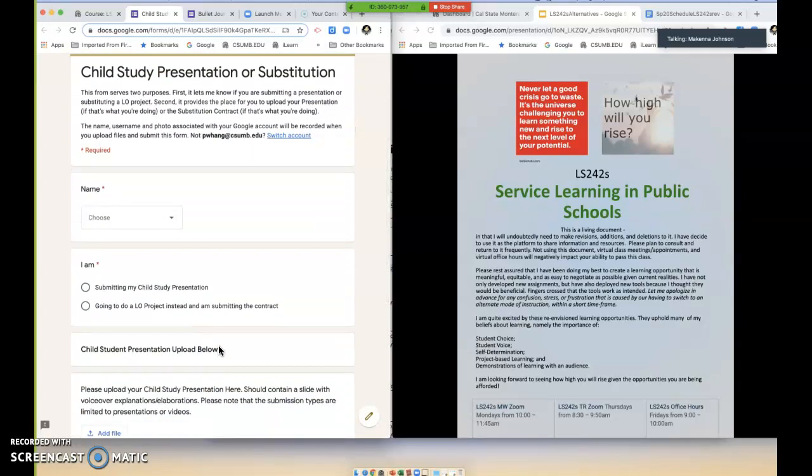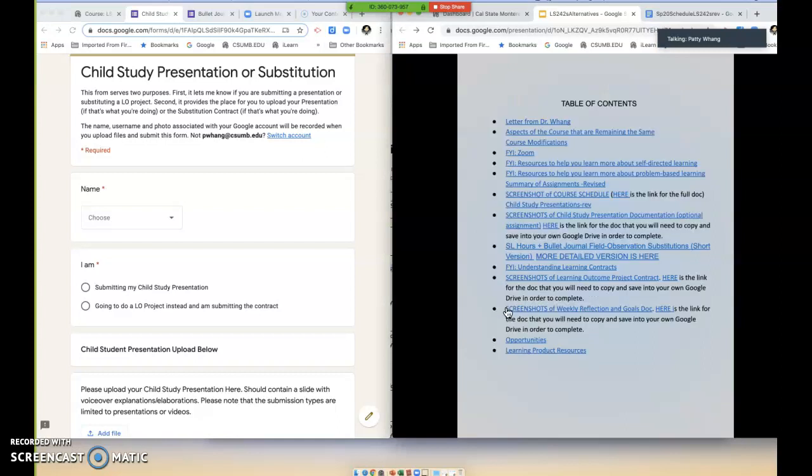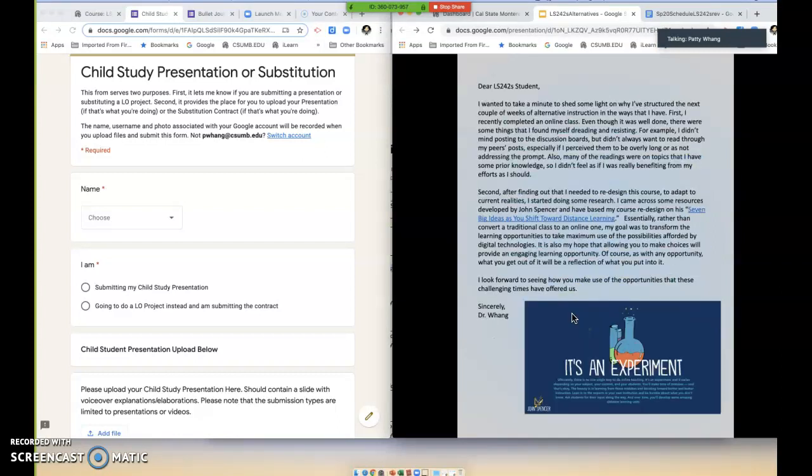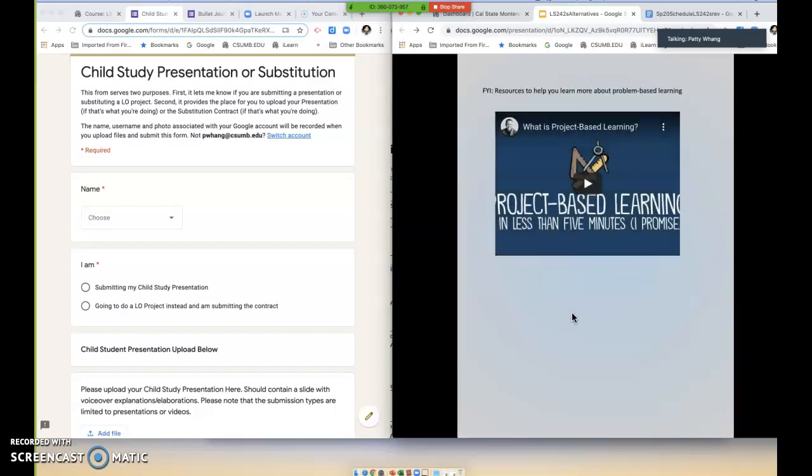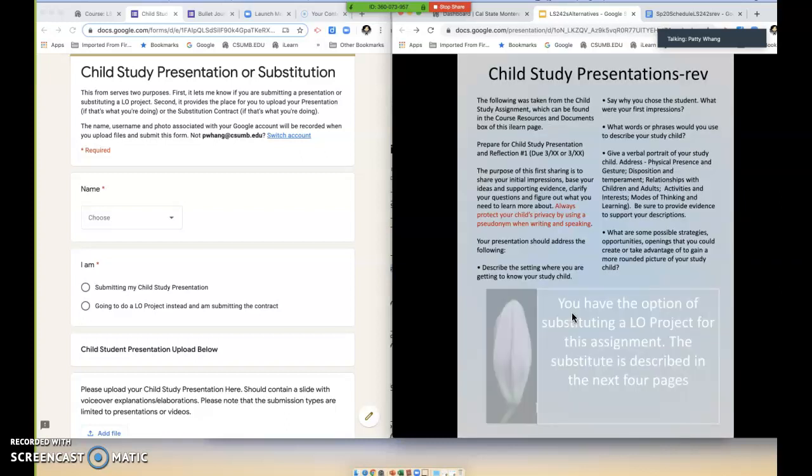Is the child study presentation just the first reflection, or is it the entire presentation? It's the entire presentation. And so the way that you can see what that is, I'm in the ebook, and these are the instructions for the child study presentation.